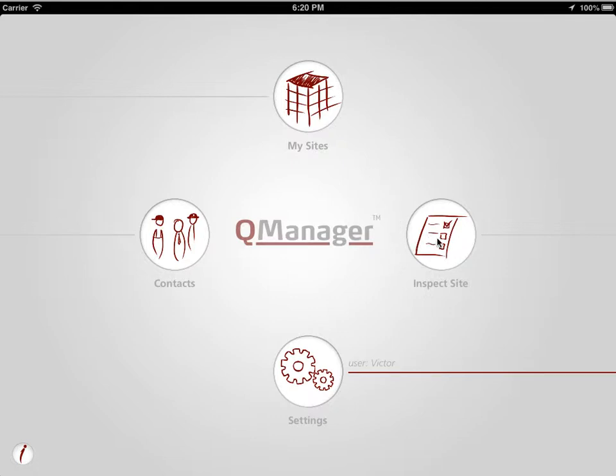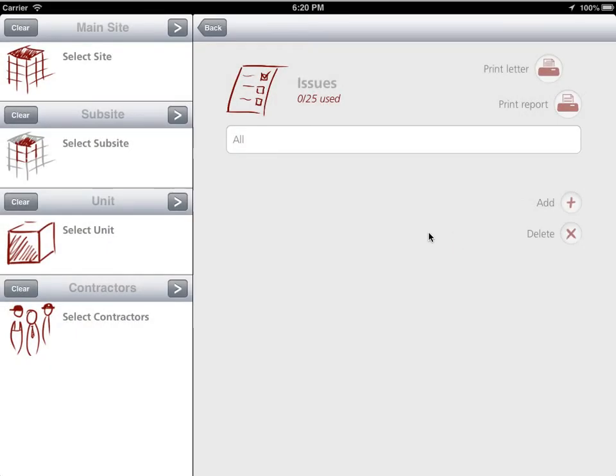Okay, let us begin by entering the Inspect Site section. Here, once more the view is split into two sections. On the left we have the selectors for sites, subsites, units and the responsible contractors. We can use them to begin documenting deficiencies, or to filter the already created ones. On the right we have a list view for the corresponding issues and the basic controls for printing, adding and